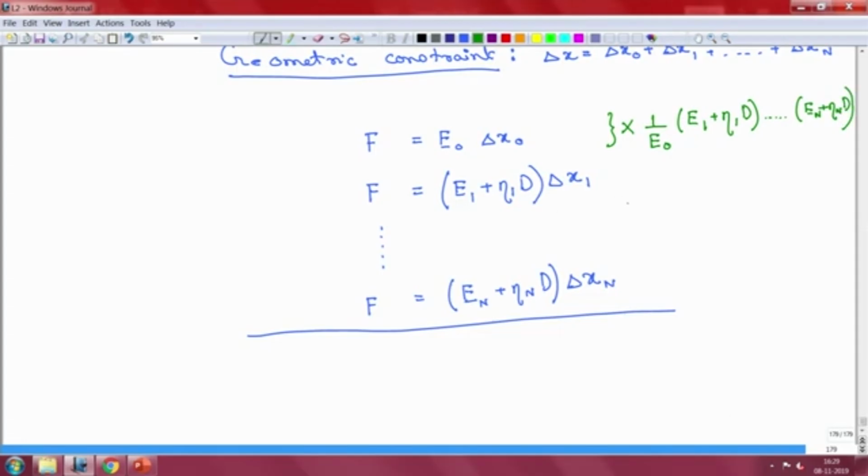Similarly, for the second case, please remember always that when I write it like this, because the equations have become too cumbersome, I do not want to write it on both sides, but what I am implying is that this factor has to be multiplied on both sides, the left hand side and the right hand side. Just because I am writing it on one side, do not get confused. This is just for the sake of space. So, in this particular case, you already have this factor there, so we can leave that out, and you can multiply this entire thing with E 2 plus eta 2 d, and going all the way till